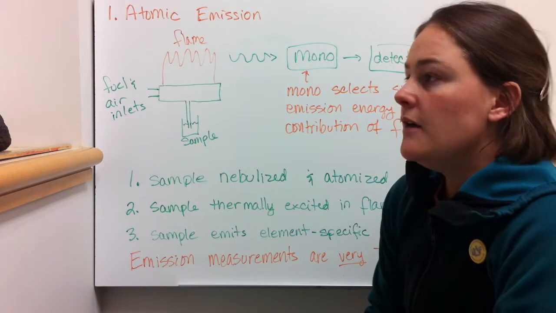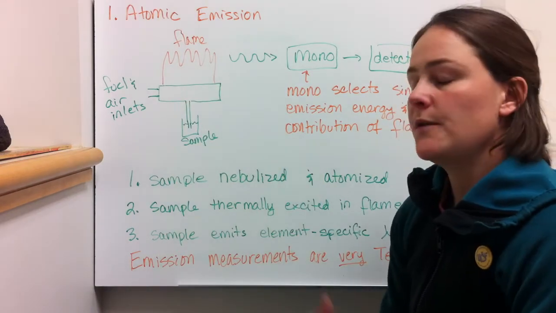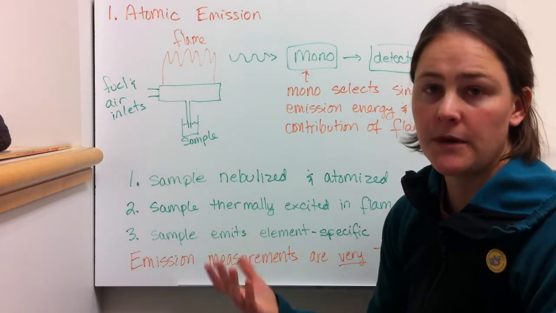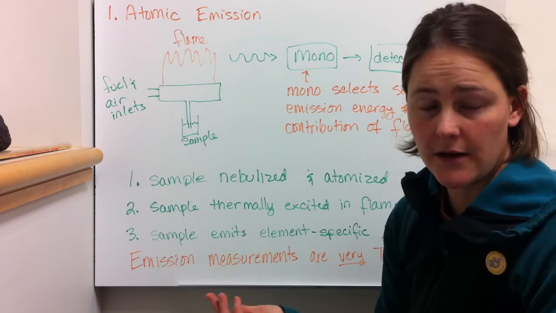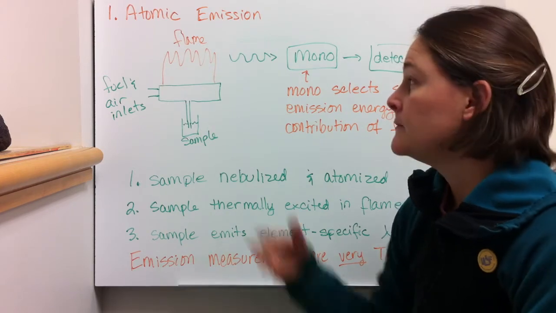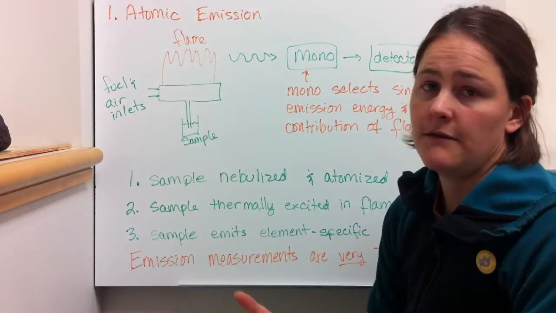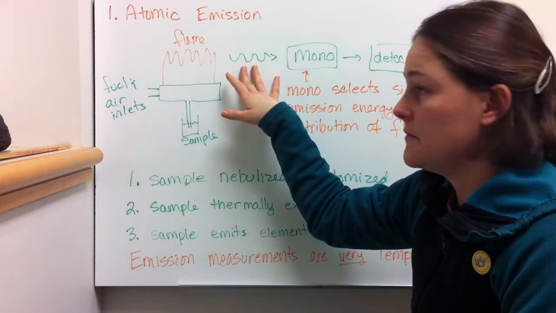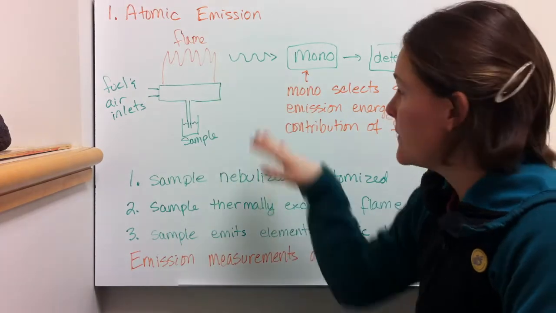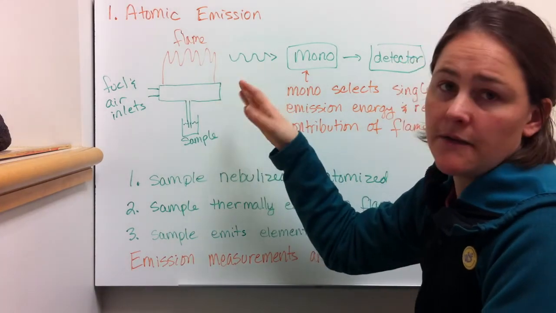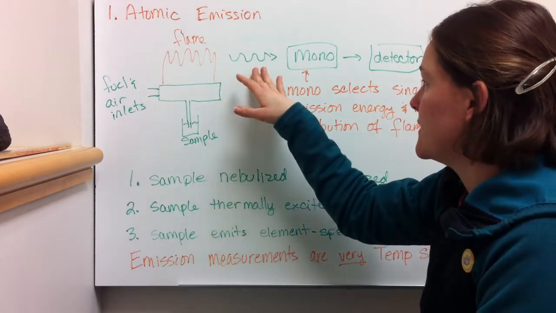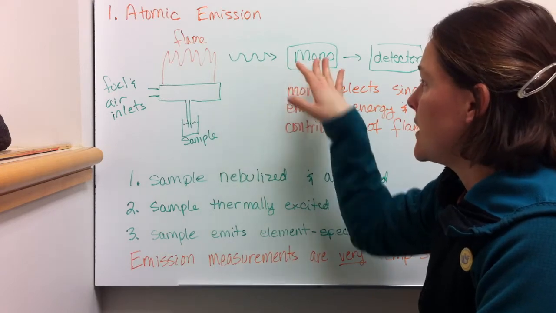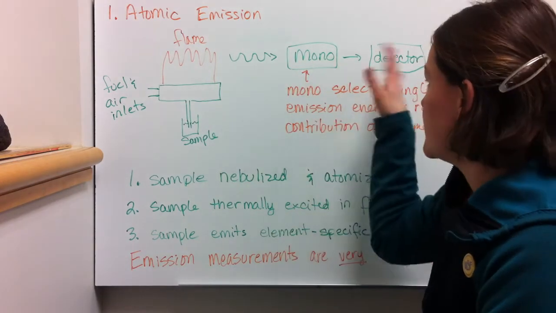So for emission spectroscopy, you have the flame, and because it's 2,500 degrees Kelvin, some population of the atoms in the flame are going to be in the excited state. Those atoms will emit photons when they return to ground state at an element-specific and transition-specific wavelength that you can tune your monochromator to look for, and then detect those